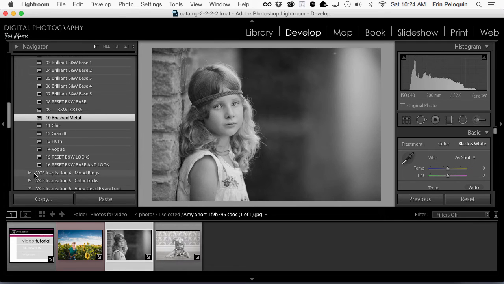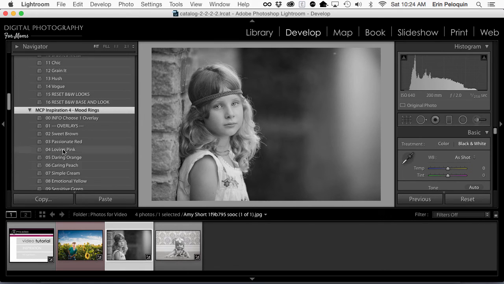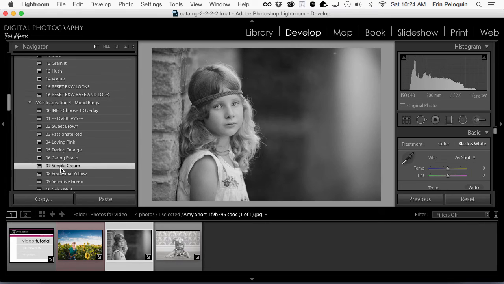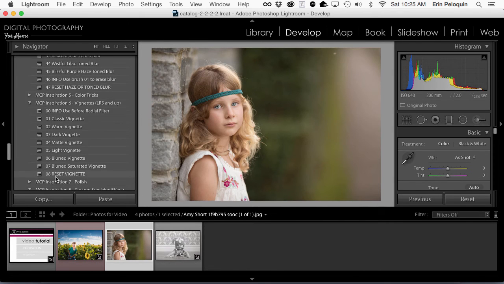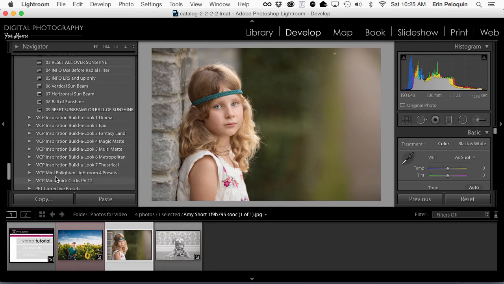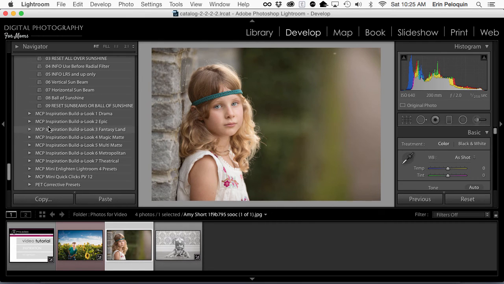And then going down to mood rings, I am going to add just a simple cream toning to the photo, just to add a tiny bit of warmth to it. And again, her eyes are still sharp, so I don't need to resharpen them. Finally, I am going to reset everything I've done in this image so that I can show you how our Build-A-Looks work. Now, the Build-A-Looks in Photoshop are actions that are supposed to be kind of all-encompassing edits designed to